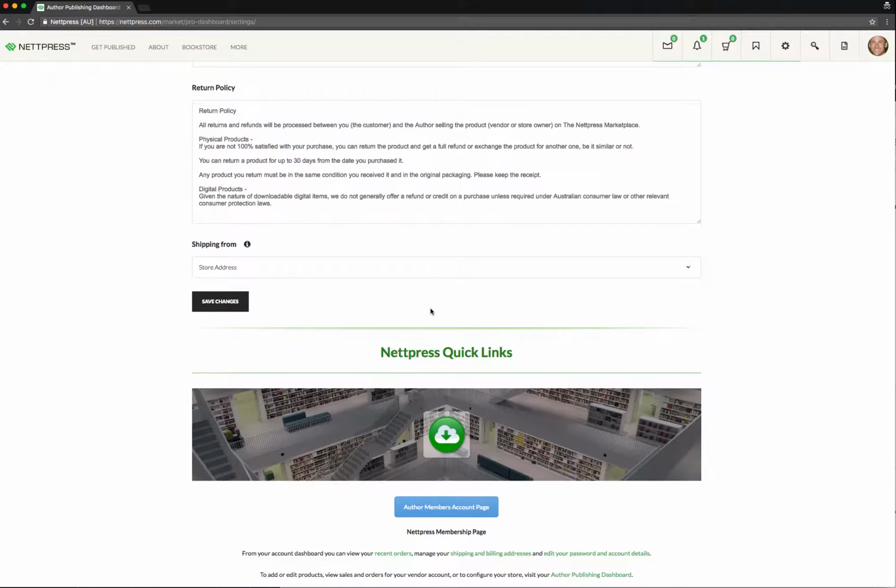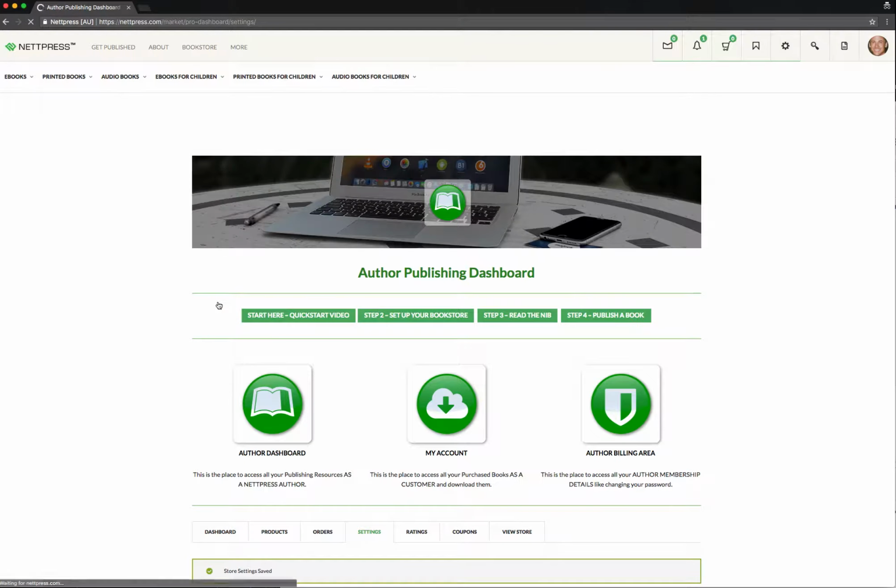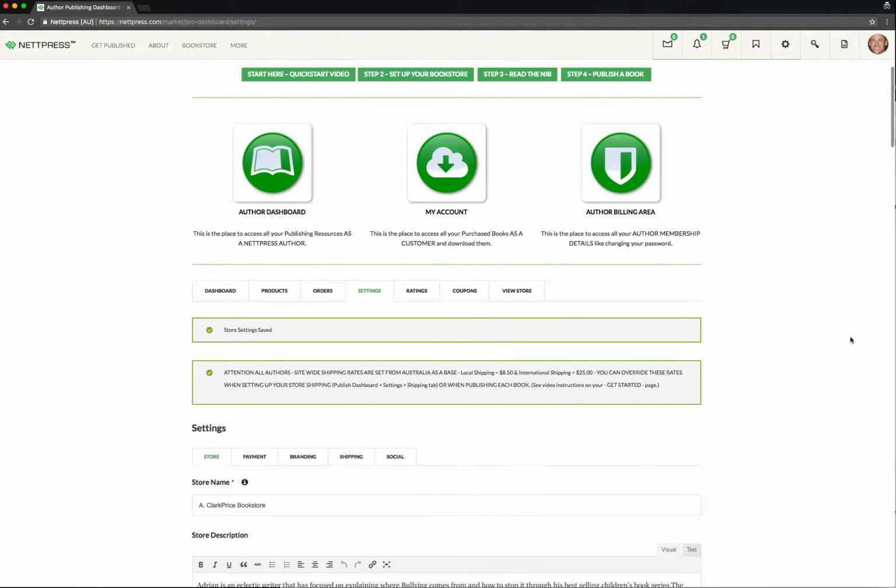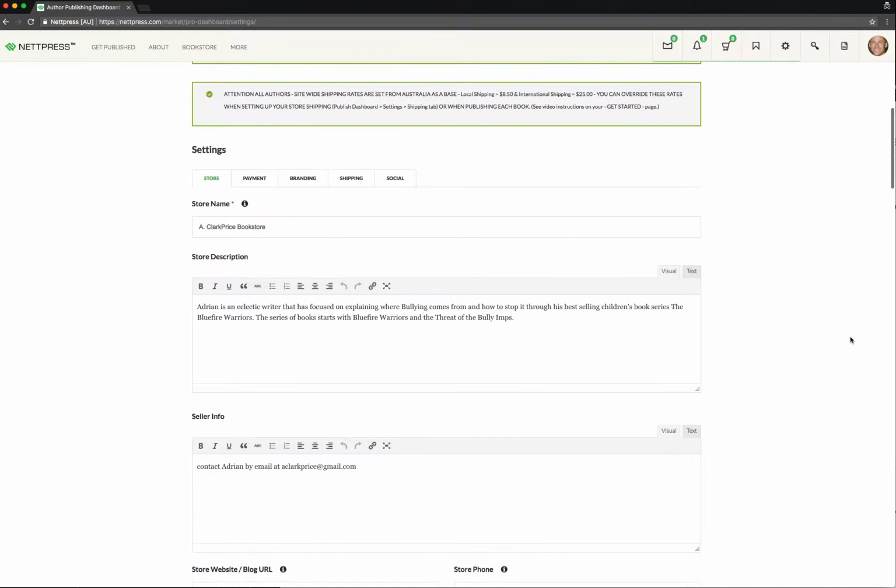And then when somebody purchases something from you, let's say they're in Mexico and you're in New York State, then basically they'll be getting the appropriate shipping amount to their location from your location. Okay, so then we just save the changes and we're ready to actually go ahead and